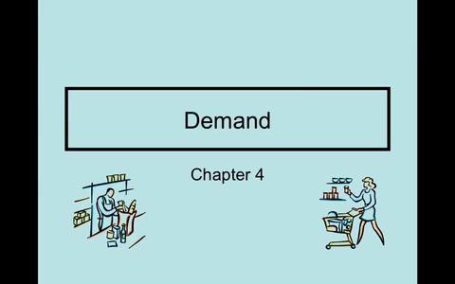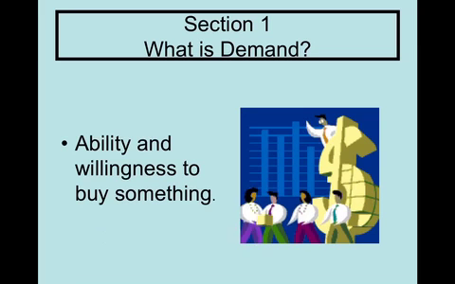All right, so starting with demand, this is in chapter 4 in your textbook. First of all, what is it? Well, demand is your ability and willingness to buy something. So, what are things that we would demand? Obviously, this varies by each individual person, but it could be fast food. It could be a particular clothing that you want to buy. Any one of your needs and wants falls into this area of demand. But again, this is the ability and willingness for us to buy or purchase something. And that's what we're looking at when we look at demand.